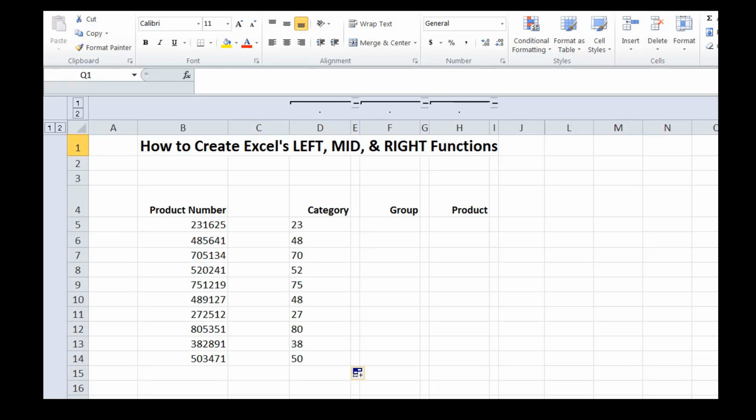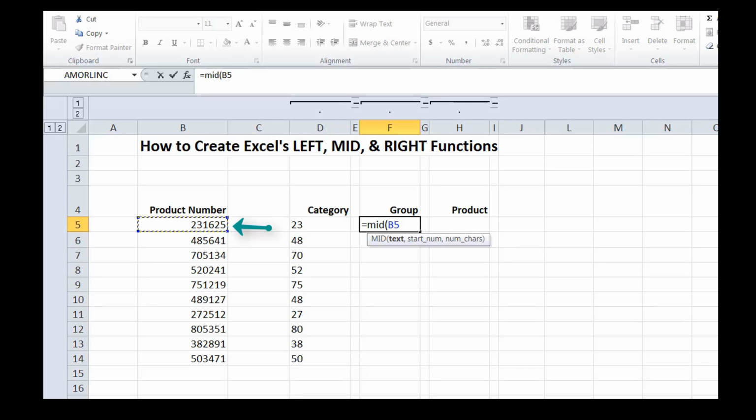For the group, enter =MID( select the product number cell, comma, 3 since the group starts at the third character in, comma, 2 since we want the next two characters, right parenthesis, and enter, and copy the